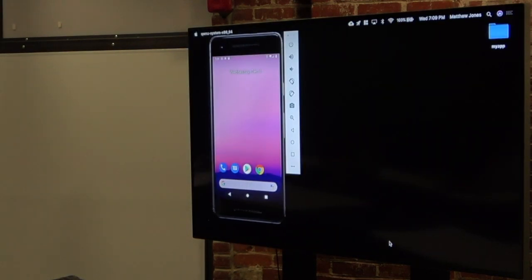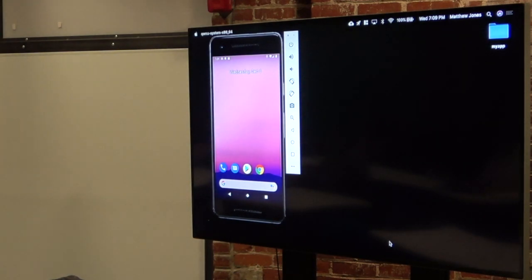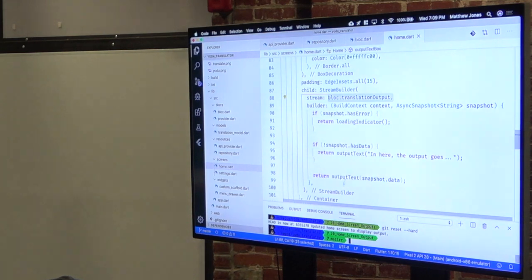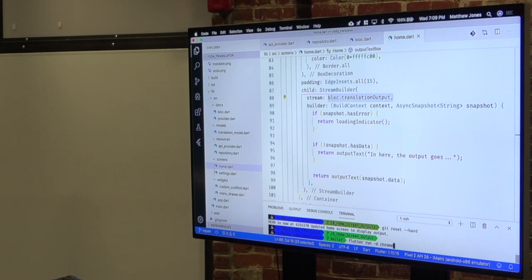So you've seen it running on the Android emulator all night. We could put it on an iOS emulator. I'm not going to waste the time to do that because you know it works. But the other thing that I can do is compile to web. So if I do flutter run -device Chrome, it's going to take a couple minutes here, but it's actually going to compile this into a web page.